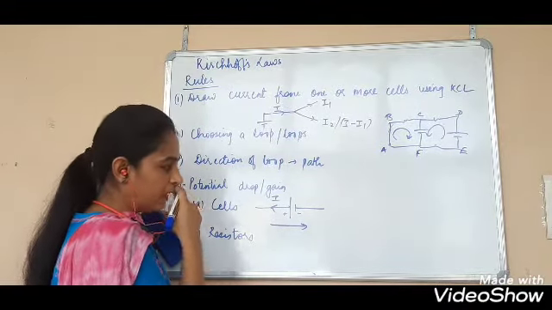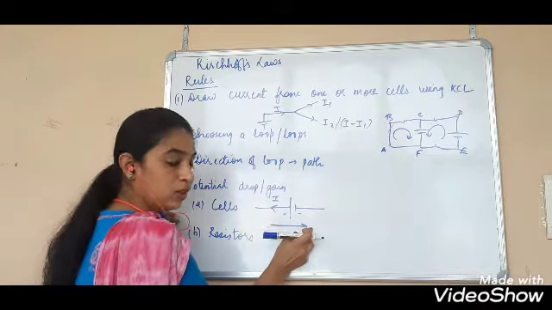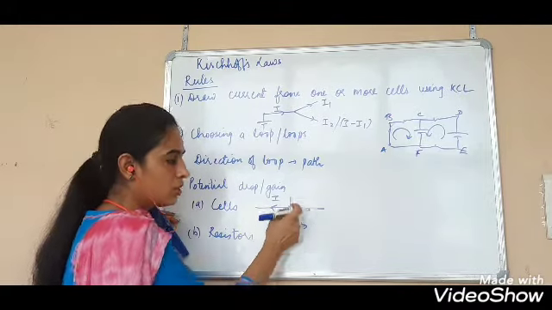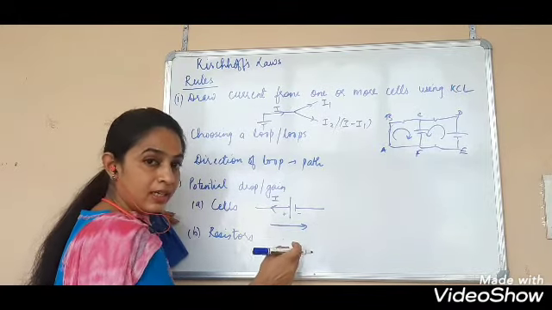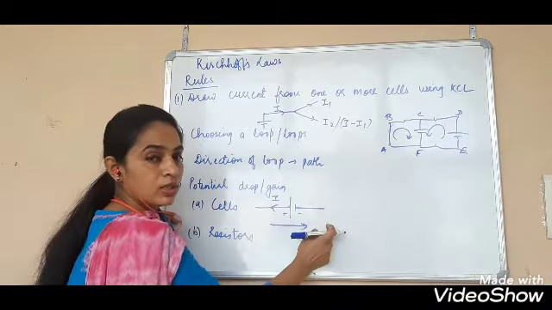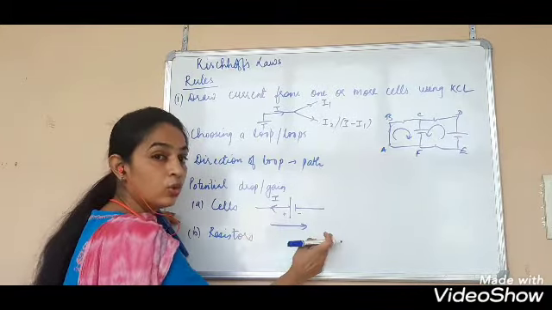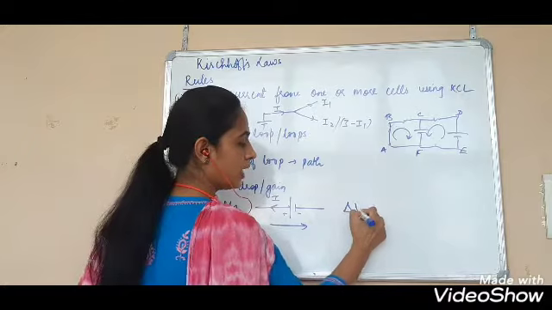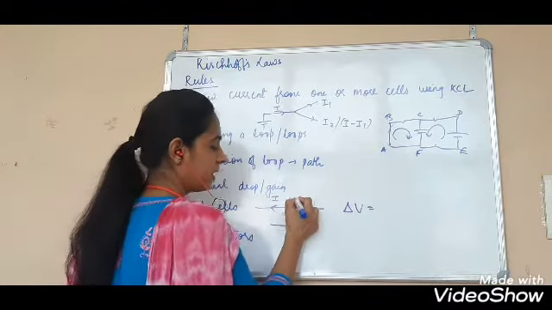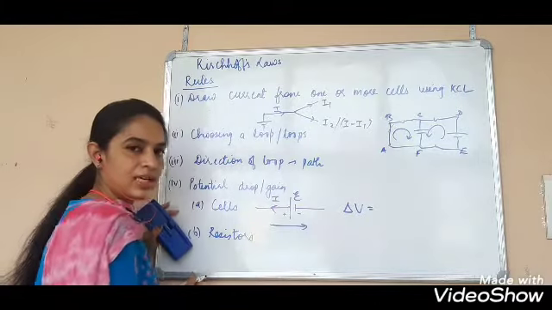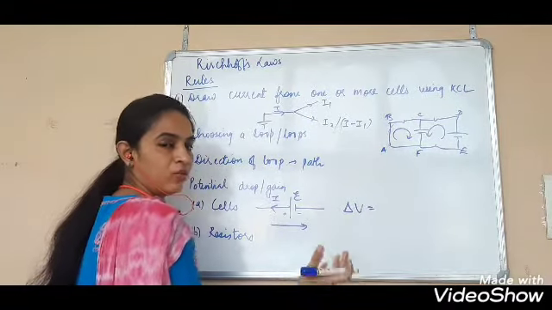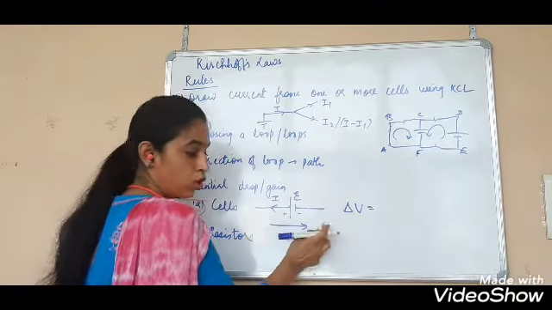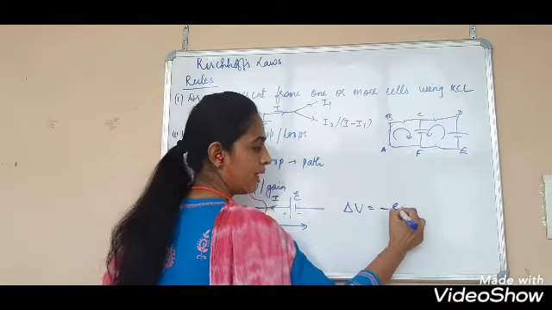No matter whatever the direction of current in the cell, your path is this way. If you're going clockwise, then we are going from the positive terminal to the negative terminal. Positive is a higher potential, the negative terminal is at a lower potential. So you're going from higher to lower, which means there's a drop. So the change in potential for a cell, delta V, for example the EMF of this cell is given as E, which can be 10 volt, 5 volt, 2 volt, whatever. Delta V will be a potential drop going from higher to lower, so it will be minus E.